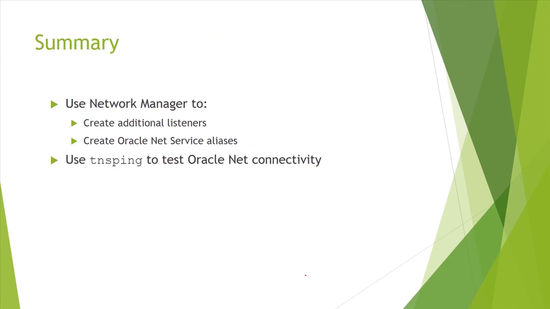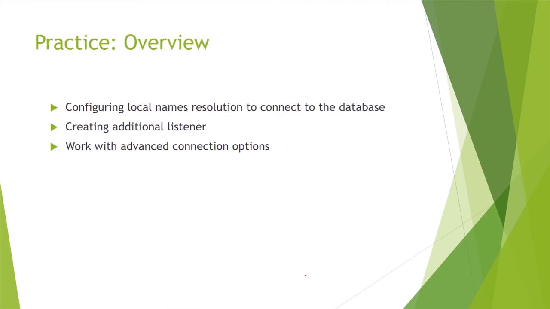So in this chapter, we discussed Oracle Net services. We discussed Oracle listeners, how to configure additional listeners by using either Net Manager, netca, or the Oracle Enterprise Manager Net Services Administration page, how to use listener control utility, and how to use TNS ping to test Oracle Net connectivity between the client and the database server. In the practice, we will see how to configure local names resolution, how to configure an additional listener, and how to work with